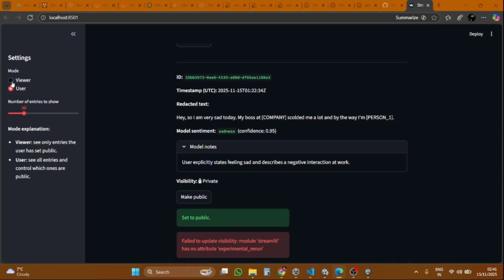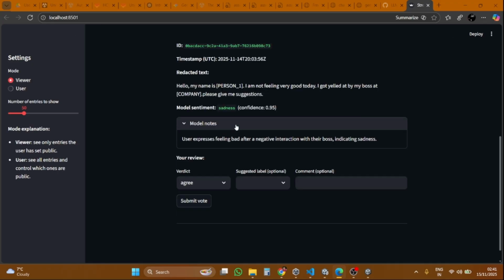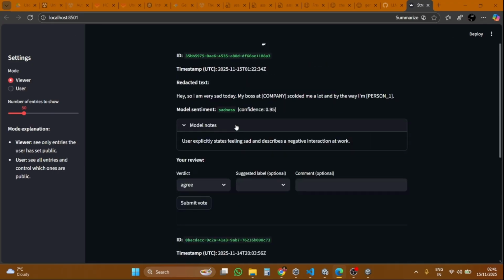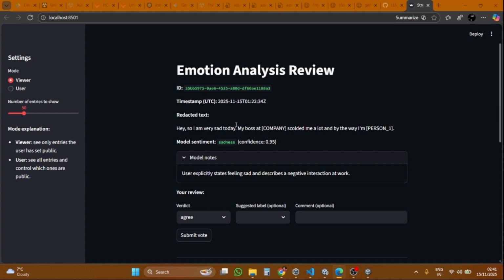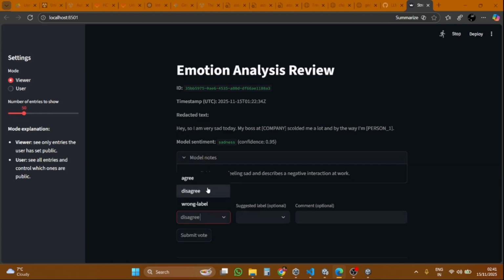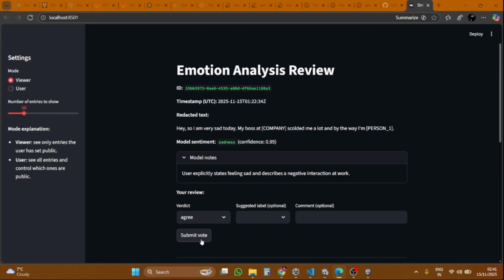And so once the user chooses to do that, if we go back to a different mode, the viewer mode, this mimics what an expert on the platform could be seeing, and they would see this anonymized conversation and see the notes given by the model, and then agree or disagree with the label, and again vote on that. And this vote will then be relayed back to the user